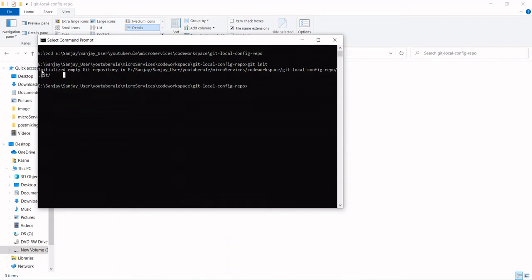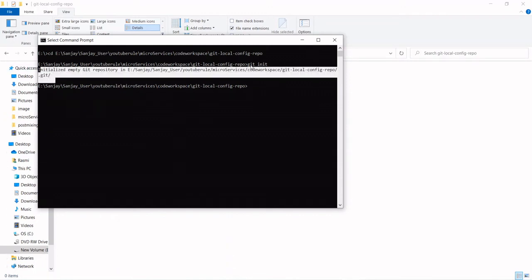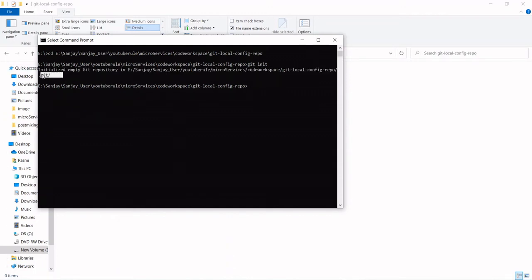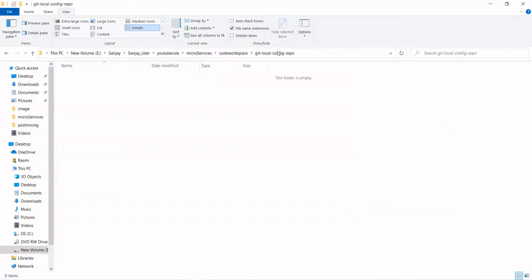So here you have executed git init, and you have initialized the Git repository. If you come to the folder, you will see the file here. Currently the file is hidden, so you just need to select hidden items. If you see, the .git folder has got created.